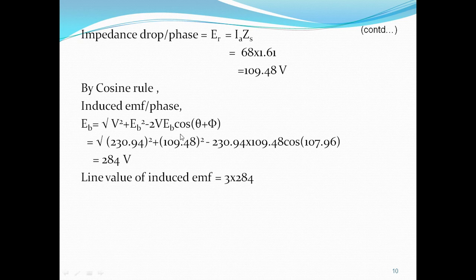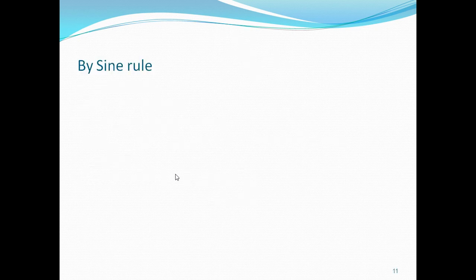This is also ER, and this is root 3. These are the connections. So root 3 into 284 gives 492.4 volts. This is the line value of induced EMF. So if you apply the sine rule to calculate the alpha value, sine alpha is equal to, what is